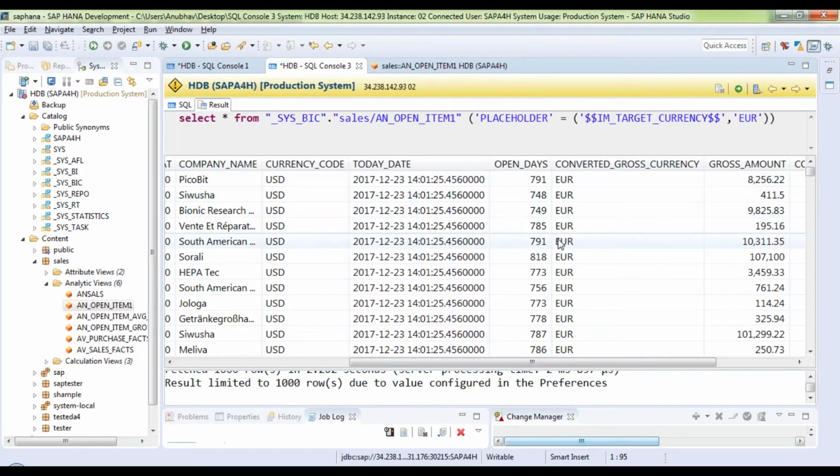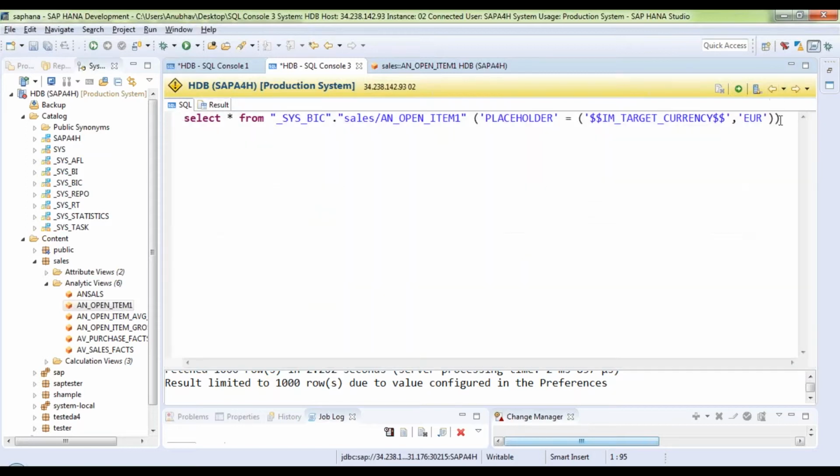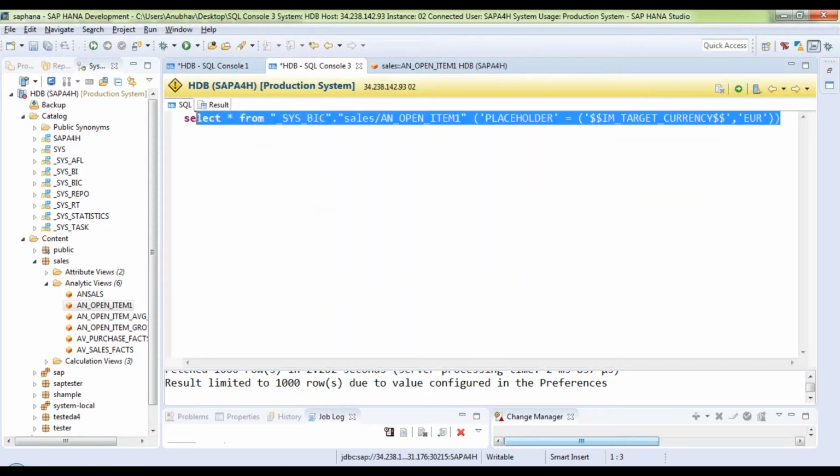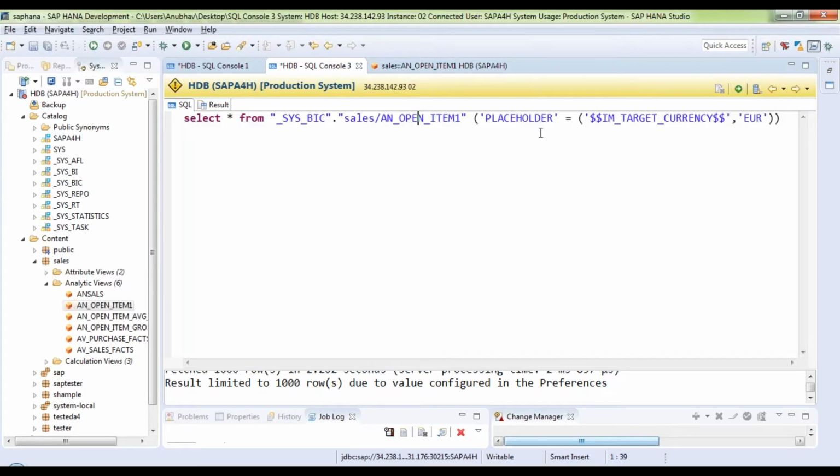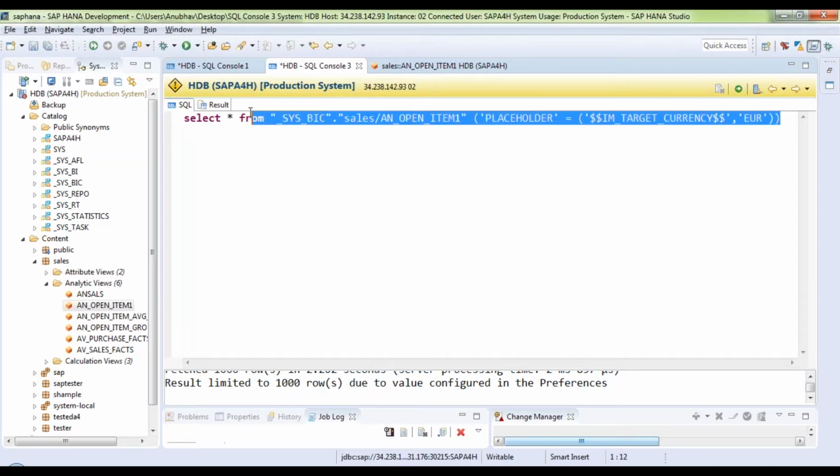So I want to ultimately produce the final result. Yes, of course I am hard coding here because I don't have a capability here for import parameter. Further, I will create a procedure on top of it, and we will pass the procedure import parameter to it. That's what I will do next. So let me go ahead and create a procedure on top of this.